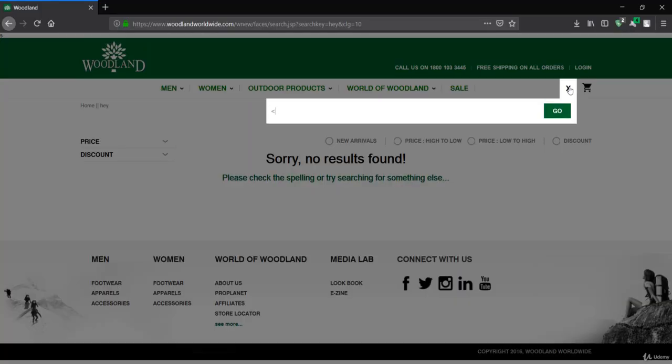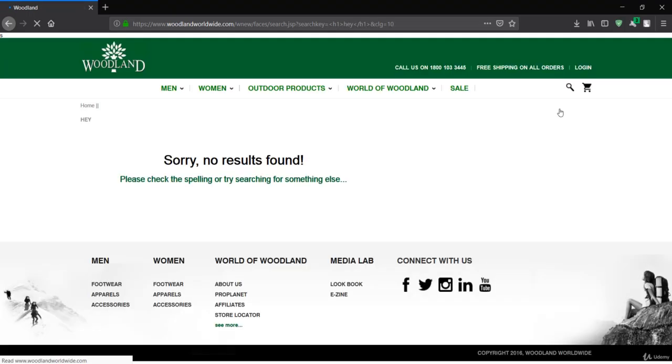So if I say, which is obviously the header tag, I'll say "hey" now again, and again close this tag, which is the HTML tag, and let's see if this executes or not. So you could see "hey" has been executed over here. That means it has the HTML injection. So that means we can now execute any HTML tag attribute in this website.